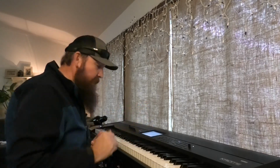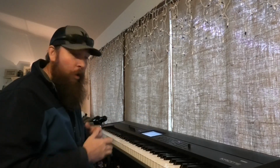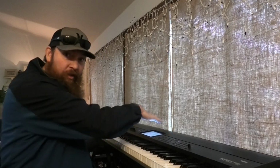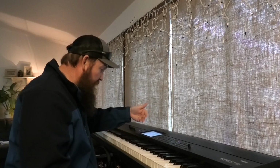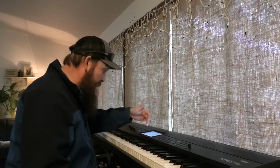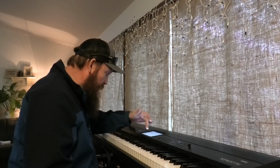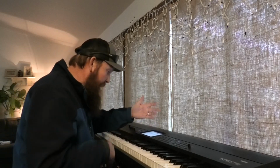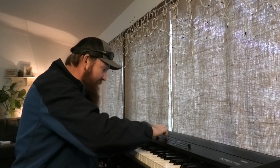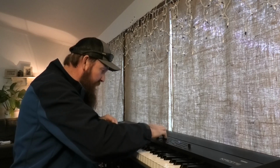So I'm just going to my page settings. If you have any questions about this, this is all done through Korg Krome, which is using the interface through the main screen on the top. So I'm just going to the main screen, and I'm going to go into my drum track. Right now it's set up to Latin percussion, that's 368. I want to have something a little more robust than that, so I am going to take it down to,